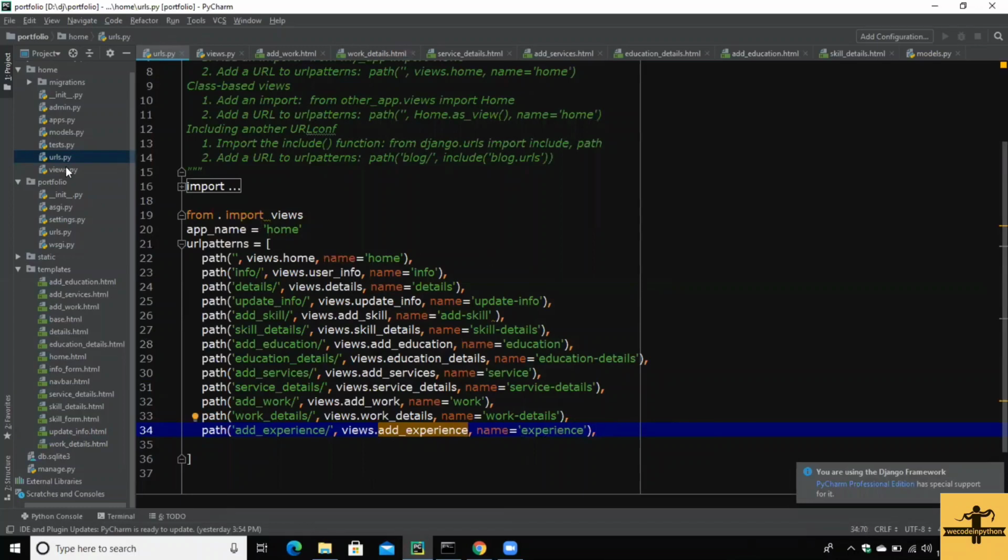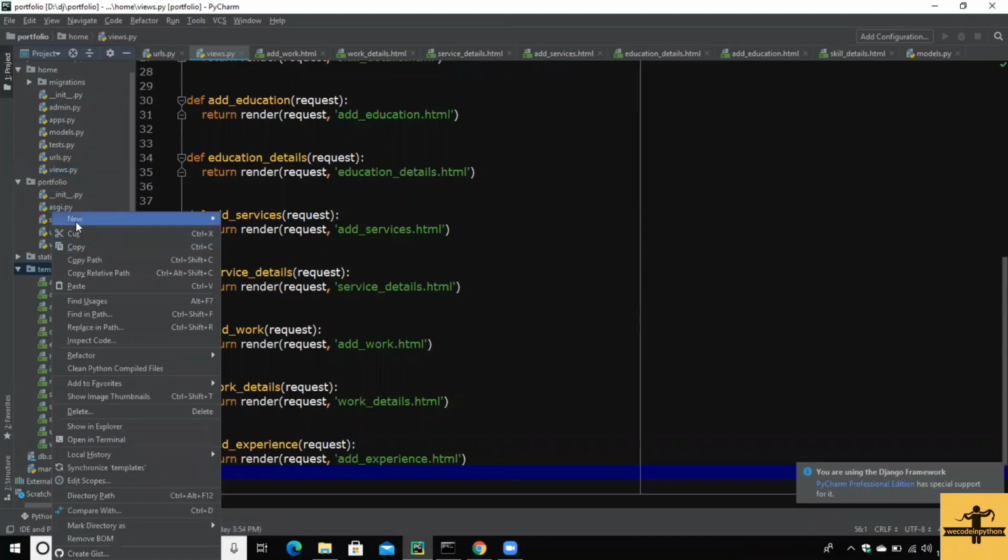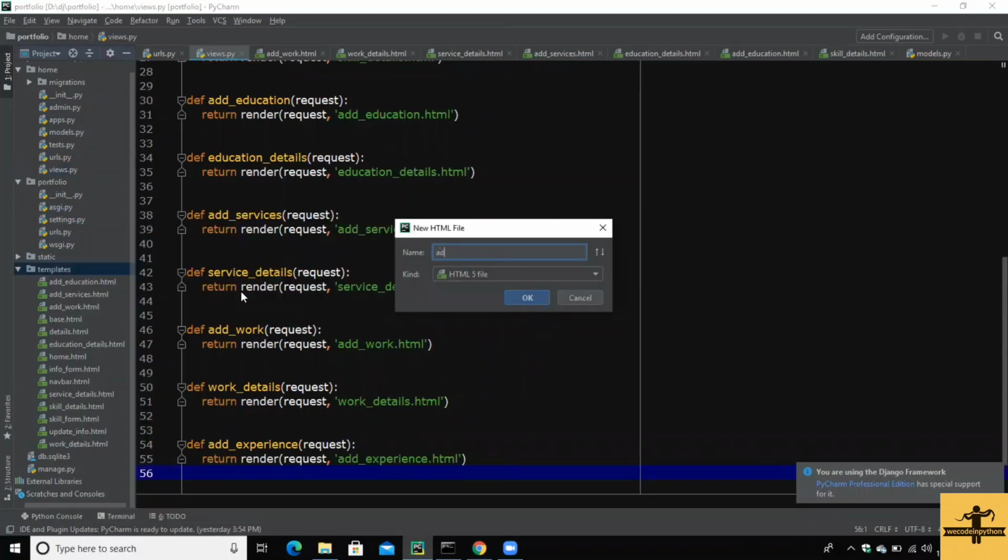Go to views, def add experience, request, return render request, experience add experience dot html, create a new html file for add experience,